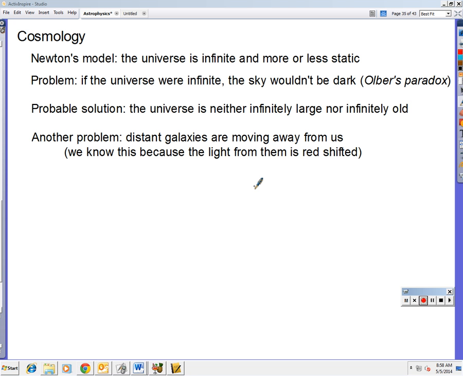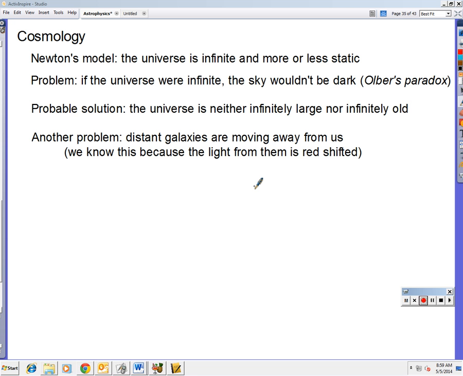There is a problem with this, though. And it was first recognized almost as soon as this particular model of the universe became widespread among astronomers. And that is that if the universe were infinite, the sky wouldn't be dark. The reason is that if the universe were infinite, then in any direction you look, you would see a star. And there wouldn't be any dark parts of the sky at all. The entire sky would look something like the Milky Way does,